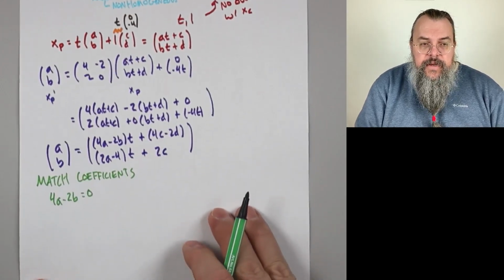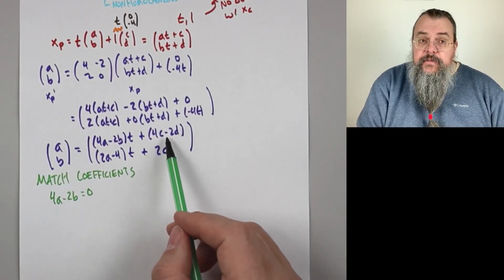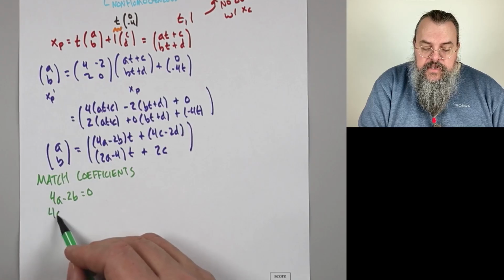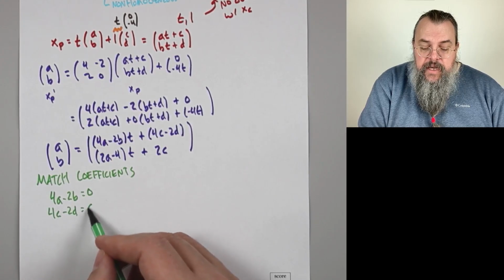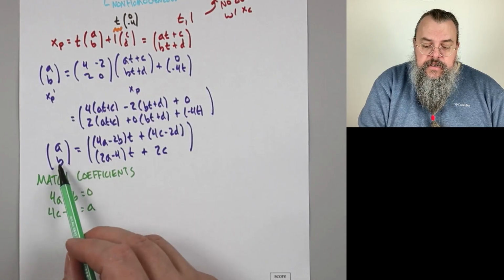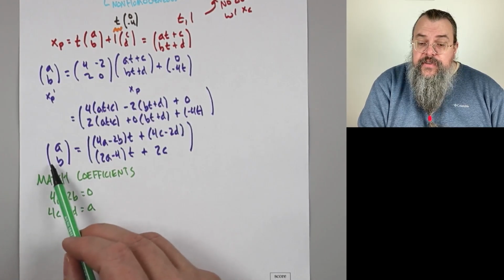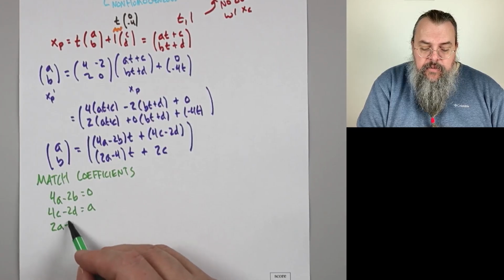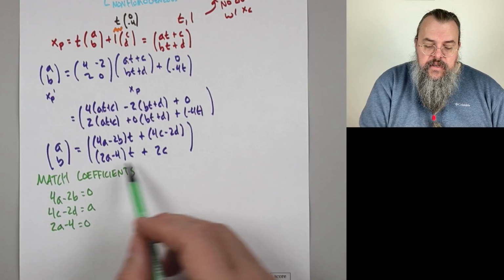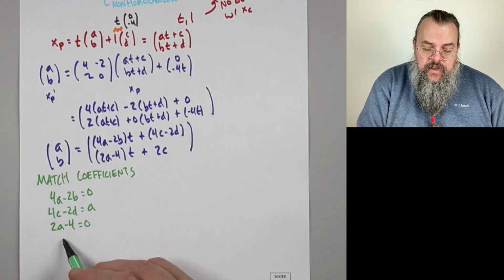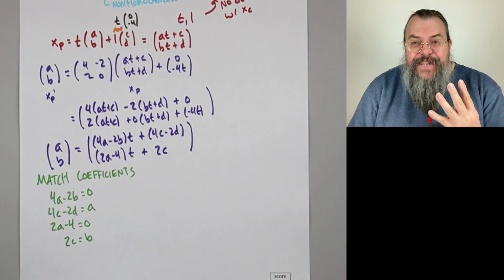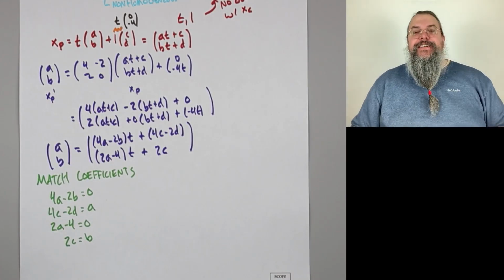Let's move this up a little bit so we have space. The constant 4c minus 2d has to match a. And then 2a minus 4 has to match 0t, right? Because there's no t. So 2a minus 4 equals 0. And then 2c, the constant, has to match the constant. 2c equals b. All right, so now we have 4 equations, 4 unknowns,